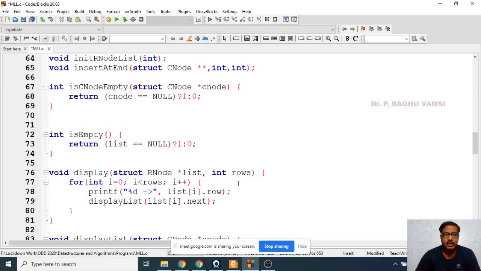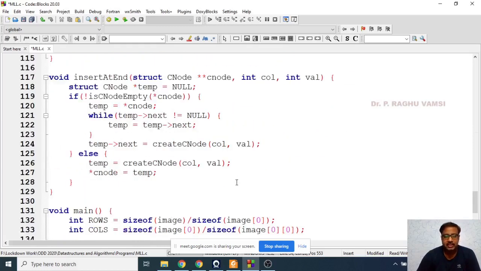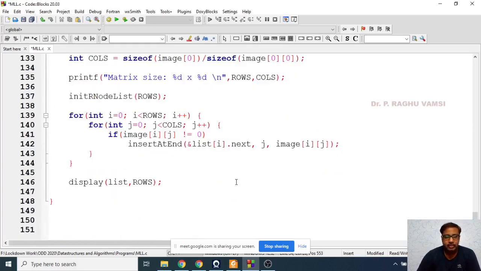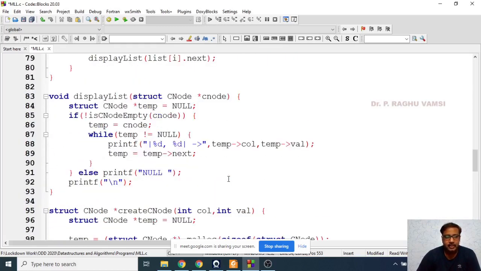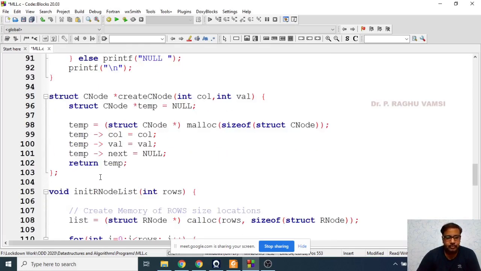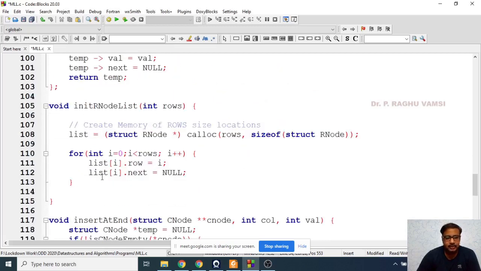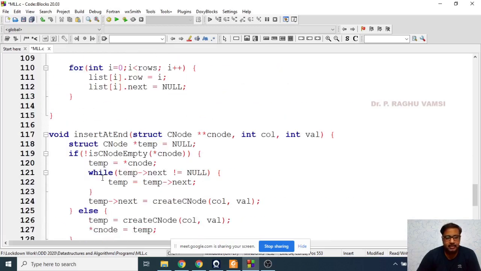So here we have made a condition that whenever you are reading the sparse matrix, it checks whether the element is a zero element or a non-zero element.